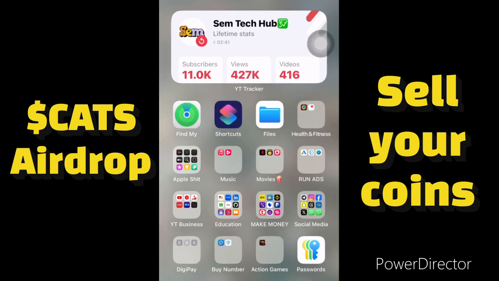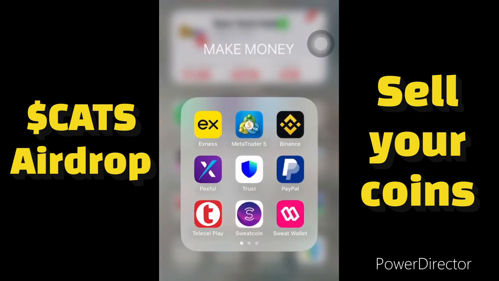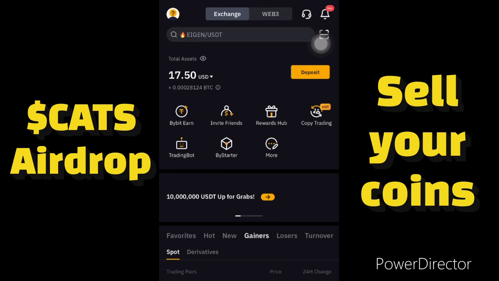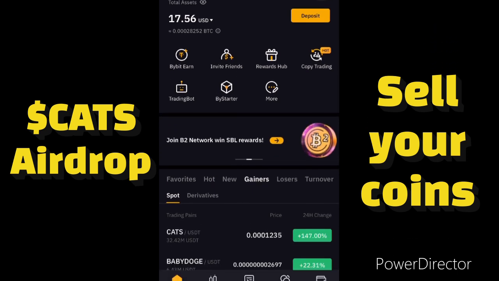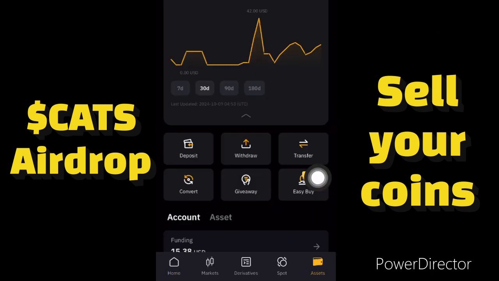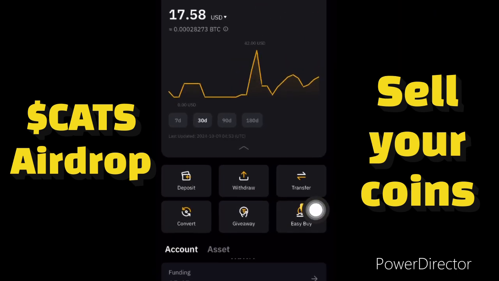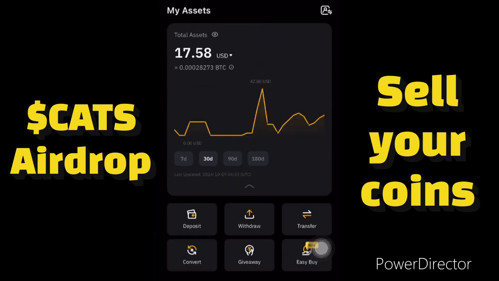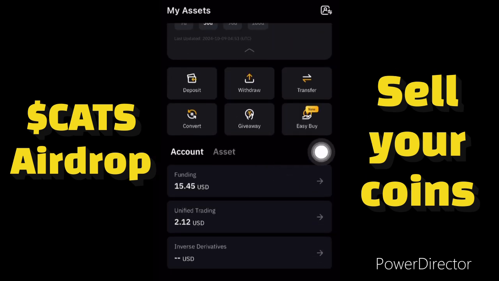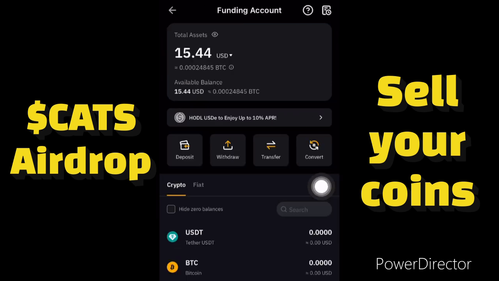I used Bybit to receive my airdrop, so I'll open my Bybit account and show you how you can withdraw it. First let me click on assets. I have about $17 of CAT. One part of the CAT is in funding and one is in unified trading. So when I go to the funding,